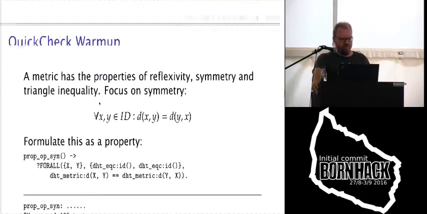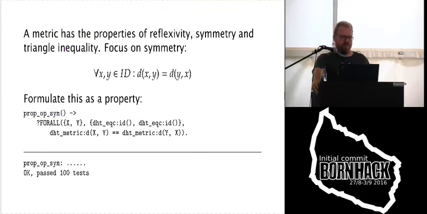So how do you do it? Well, as I said, a metric. In order to be a metric, you need three properties. You need a property of reflexivity, you need a property of symmetry, and you need the triangle inequality to hold. And here I'm going to focus on symmetry just to give you an example. So symmetry says that if I have two identities x and y, then the distance from x to y better be the same as the distance from y to x. So this is a property of